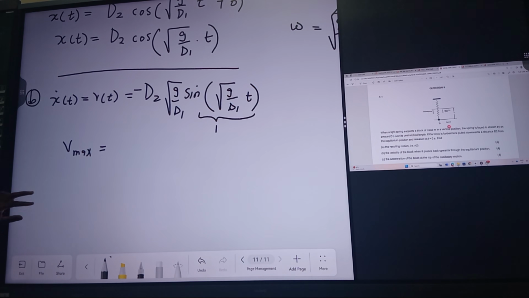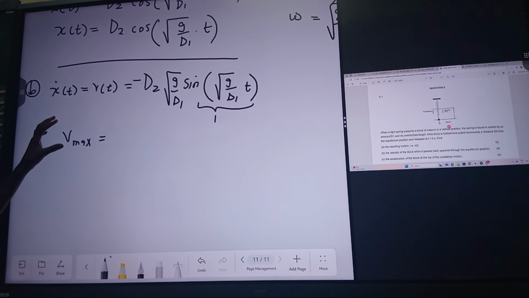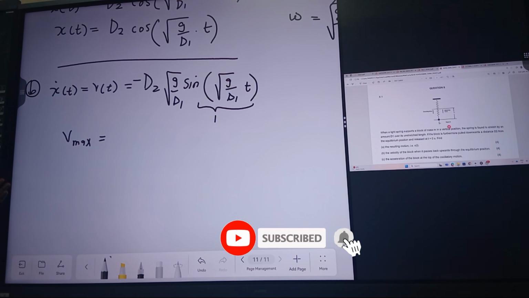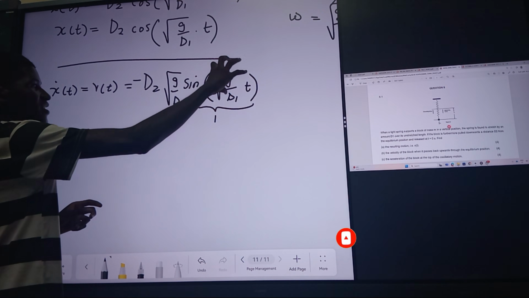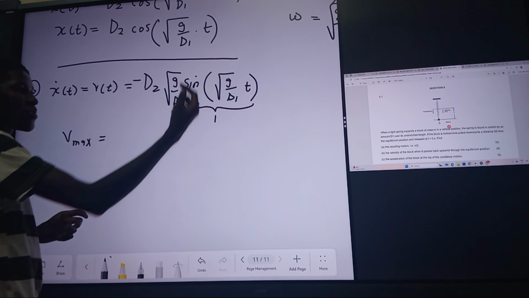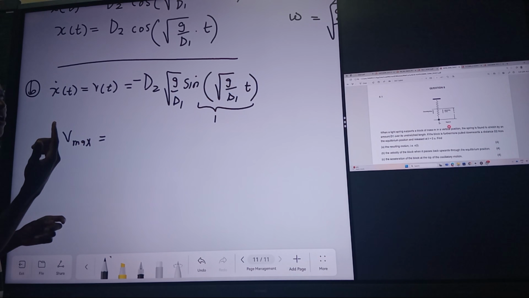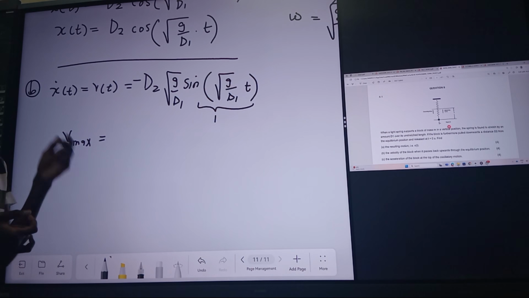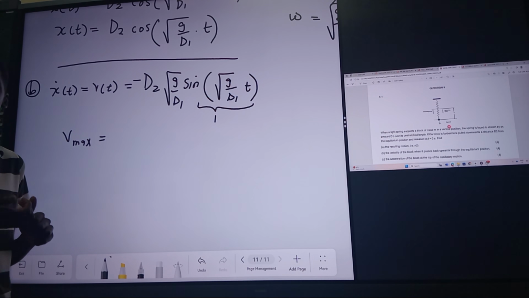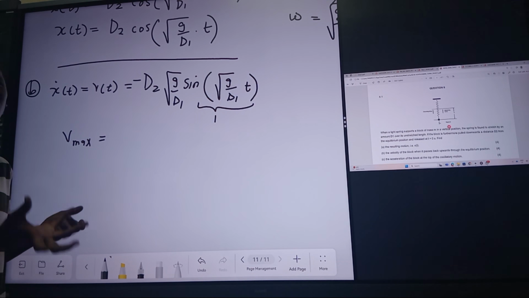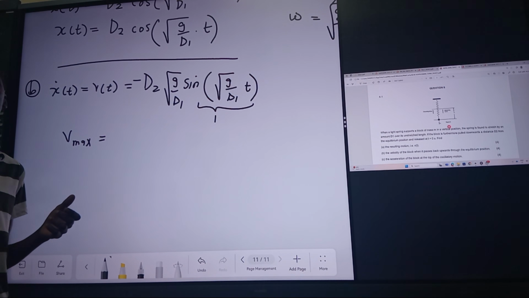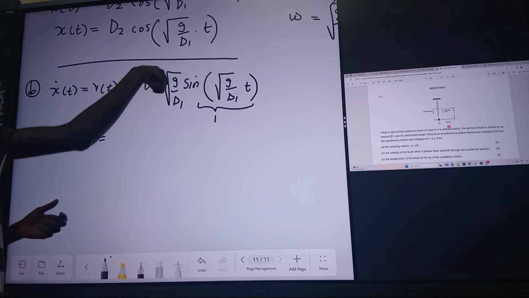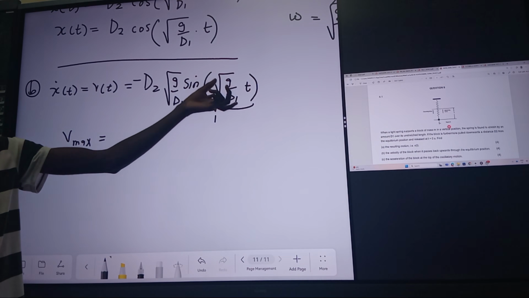But here in essence, the maximum velocity, we describe it as just a scalar quantity. We describe the absolute value. So we're just going to let the sine of this be equal to 1. Because remember, we say a trigonometric function always reduces the value of something. Because the sine always reduces the value. So to always get the maximum of the value, you need to let this be equal to 1.